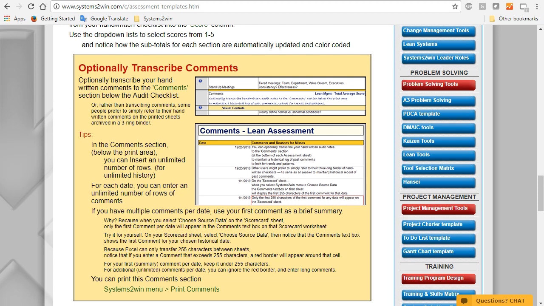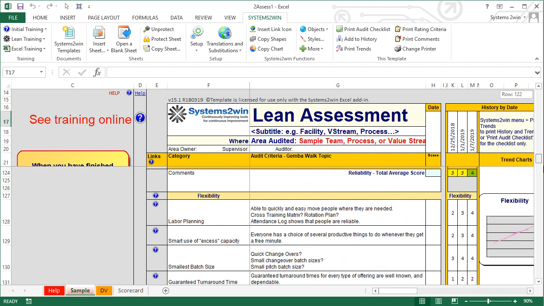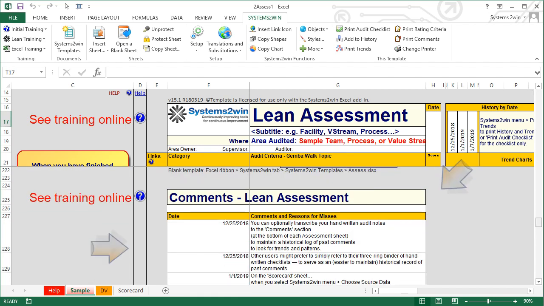But others like to have an electronic archive of their comments, and your Systems to Win templates have special features for that. On your assessment template, if you scroll down below the usual print area, you will find this section where you can optionally keep a permanent archive of all of your comments.